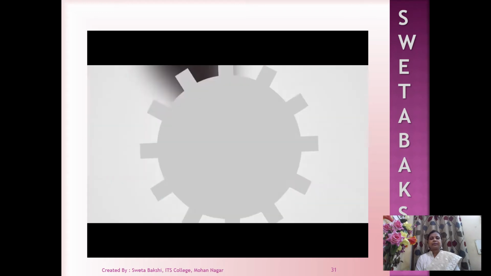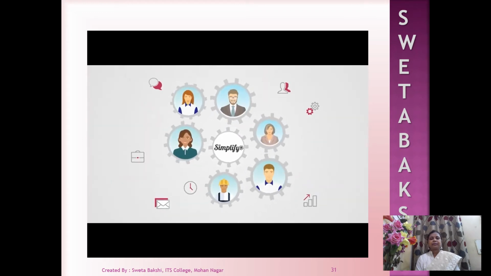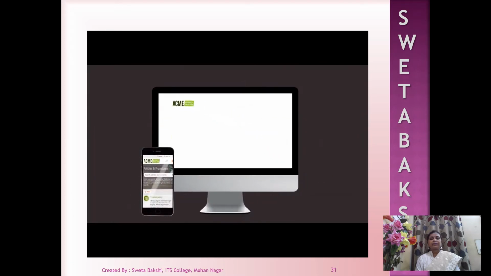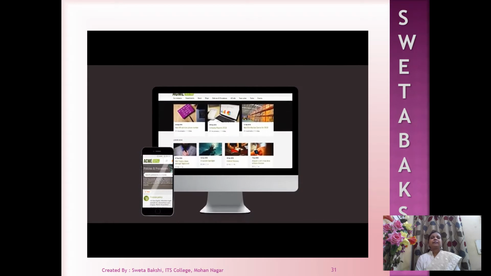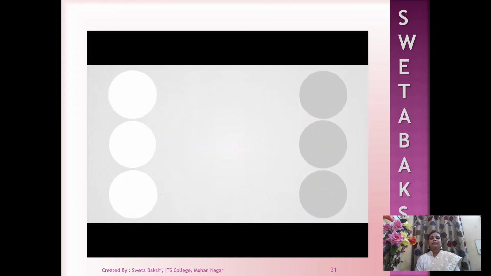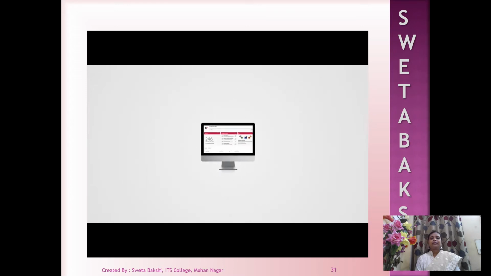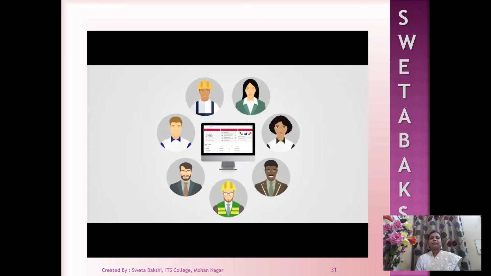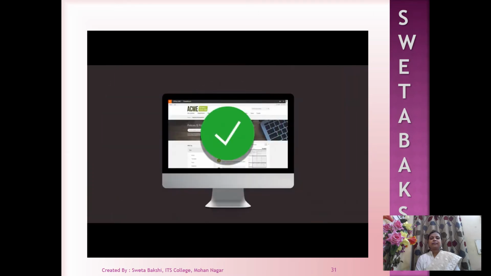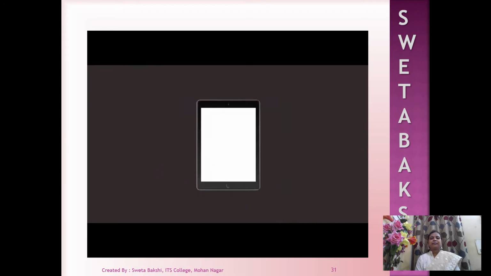Introducing the Simplify intranet. It's the engine that drives the community in your business and makes everyone more productive. Customized to your company brand and fully mobile, it allows you to publish news and announcements so people are up to speed. It helps get the right information to the right people so that no one gets swamped. It helps people collaborate on projects and ideas without all those emails and long meetings. Simplify can also improve compliance too.